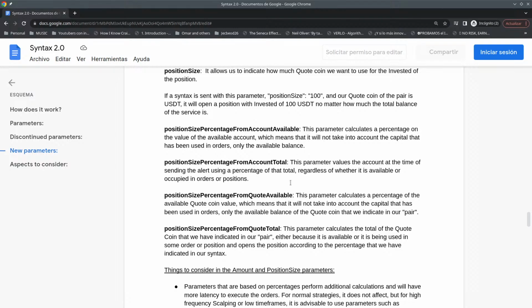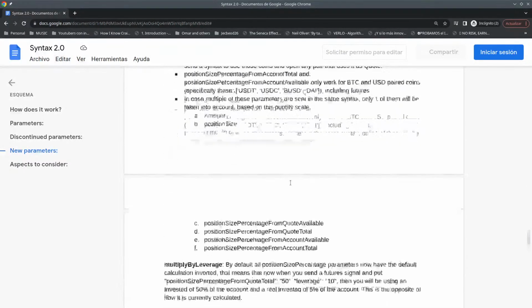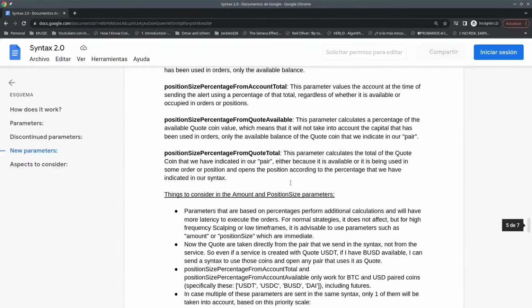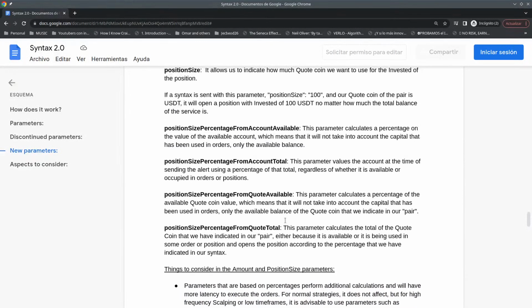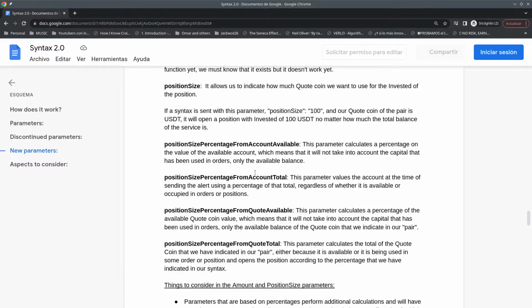So that's a good question. Which is the one? Let's read all of this here before. So this is percentage from what's available, percentage from the total,